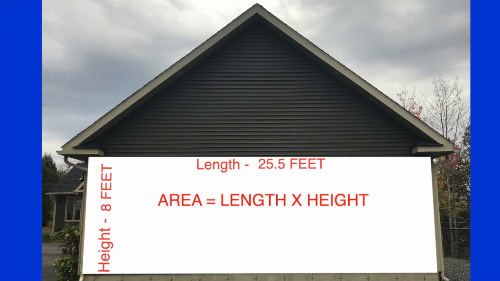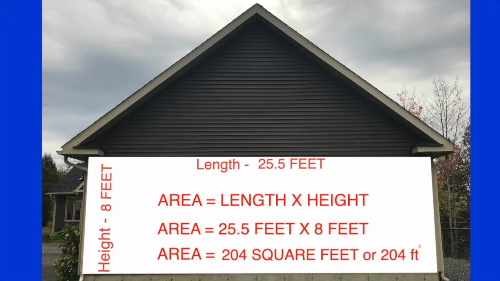For the rectangle, the length is 25 feet and 6 inches, or 25.5 feet, and the width, or in this case height, is 8 feet. By multiplying these two dimensions, we find that the area of the rectangle is 204 square feet. Now, to